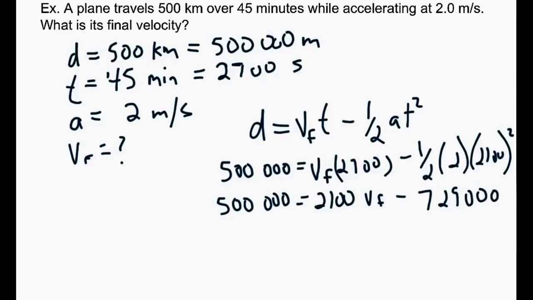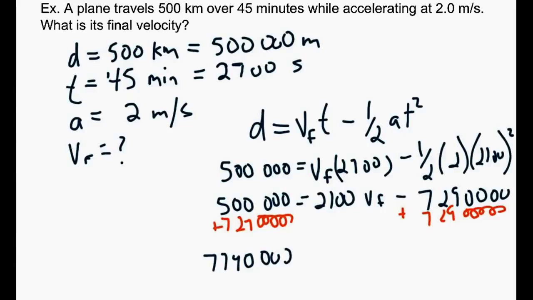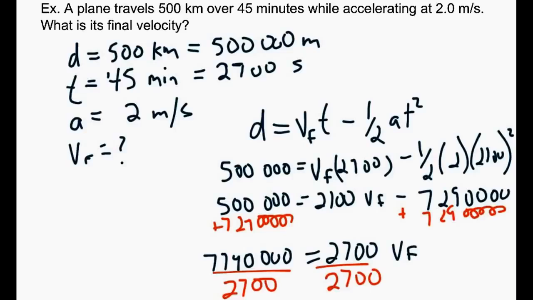7,290,000. Okay, so just like we do other math formulas, let's add the 7,290,000 over to the other side. So we'll do that plus the 500,000. And we get an answer of 7,790,000. That equals 2,700 VF. So then our last step is just divide by 2,700. And we get an answer of,